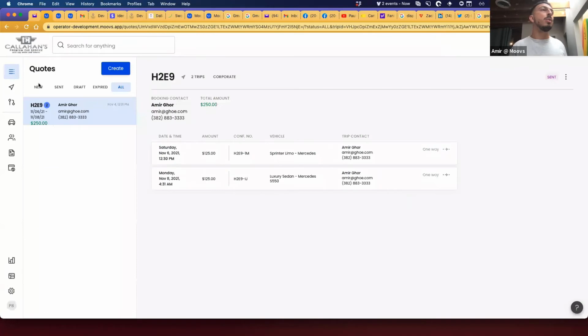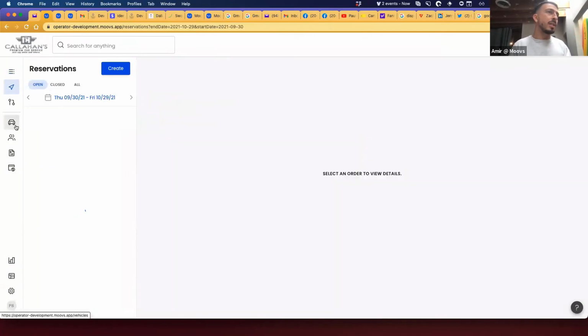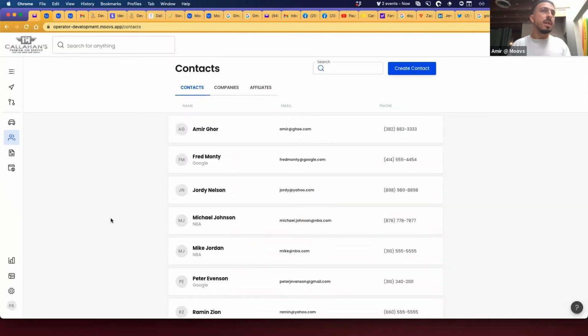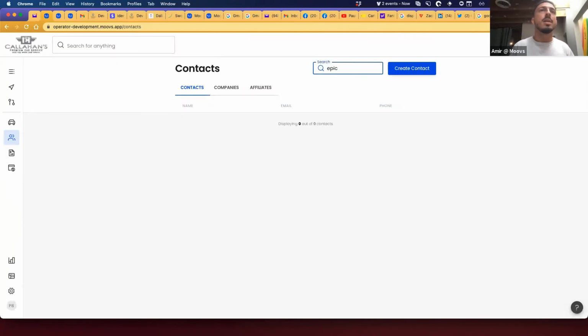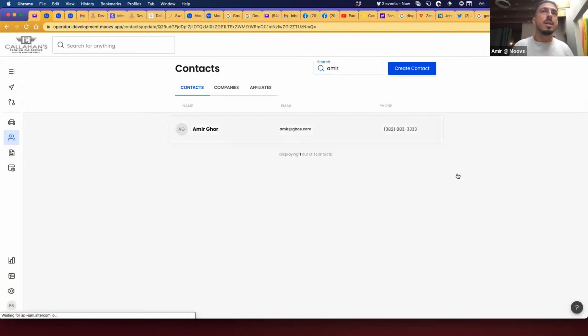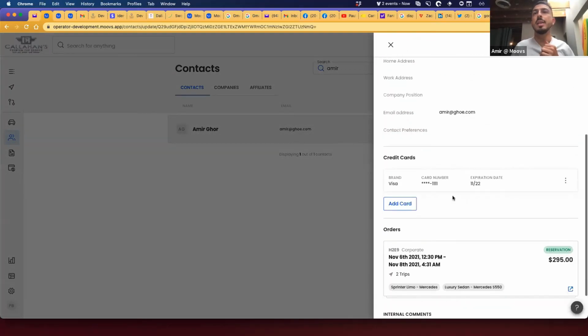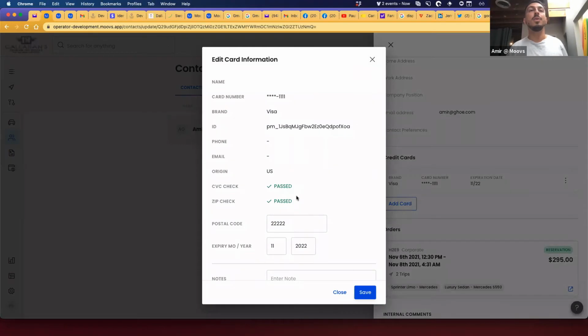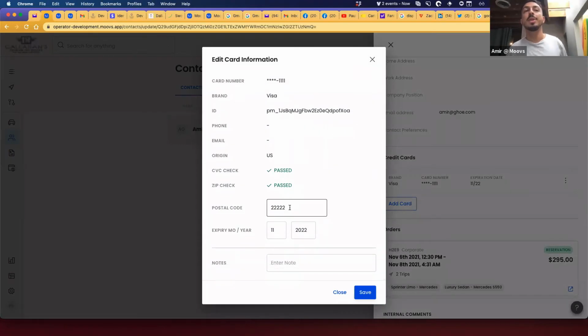If I go back to Moovs now, I can go to that contact. Let me just make sure, who was this? Amir. You'll see the credit card right here. I think what gets missed a lot as a team is the power that you have around this credit card feature, because you can edit and view the information here, and also update the zip code and expiration month and year.